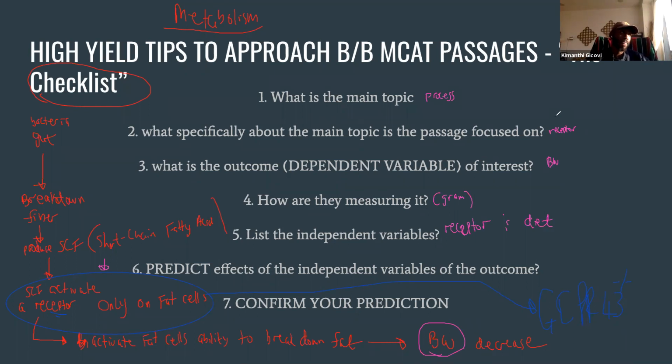Sure. Okay, so the first thing, not in any necessary order, is you need to make sure you know the actual process that is going on and not just a single concept. It's going to be tempting to say, oh, this is about metabolism, but it's often more complicated than that. You need to know specifically what the main topic is and go deeper. Also you need to see what outcome the study is focusing on. Let's take a step back. You got to make sure you find a specific part. Remember that one point where you jumped up to the breakdown of fiber part? Yeah. Right. You want to find the specific part.